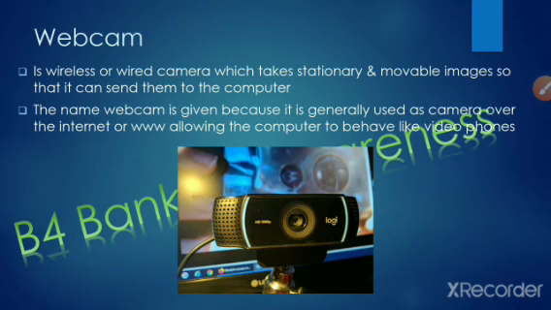Now the next one is the webcam. It is a wireless or video camera which takes stationary images and movable images so that it can send them to a computer. The name webcam is given because it is generally used as a camera over the internet or www, allowing the computer to behave like a video phone.